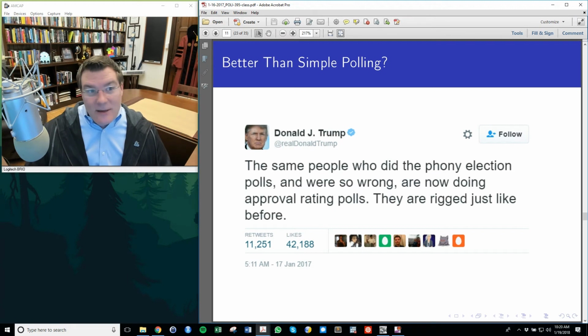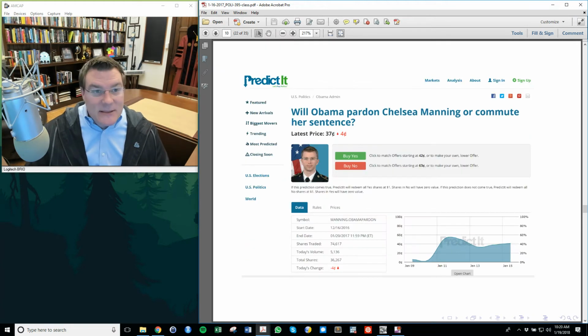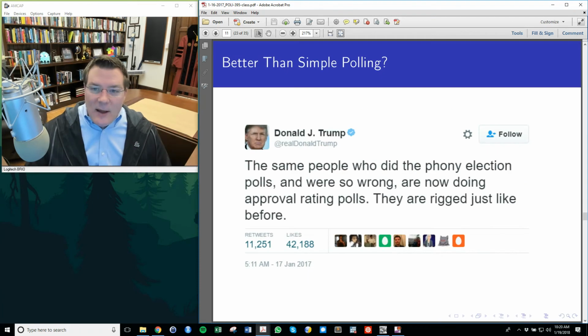There is a logic to why we might want to use a mechanism like this to do an assessment. When you ask people, there are lots of ways of forecasting how people will decide. You could just ask them, right? You could do a polling mechanism. So one thing that prediction markets have also done in the past and probably will be in the future is predicting who will win the presidential election, right? And you can do that with a prediction market. You can say, I'll buy shares of Hillary Clinton wins the election. It pays $1 if she does, and $0 if she doesn't.